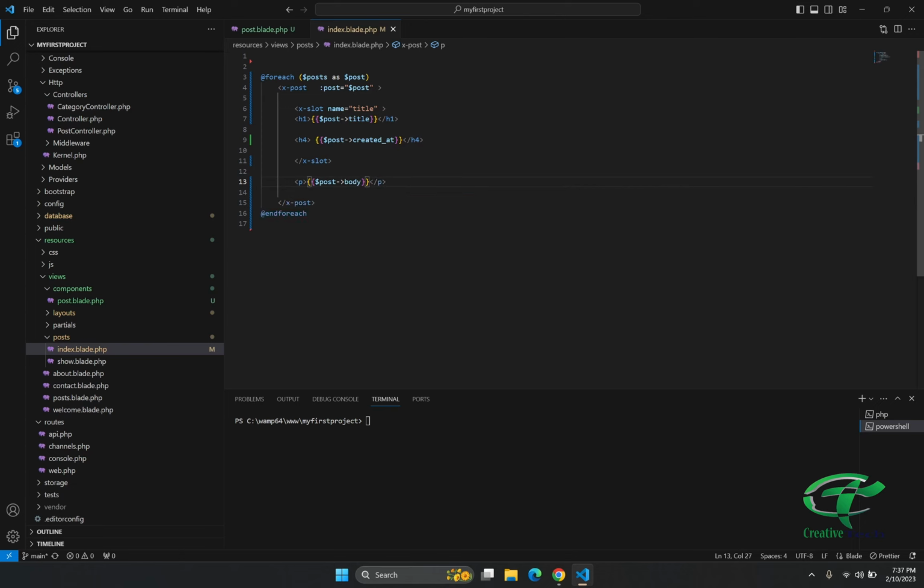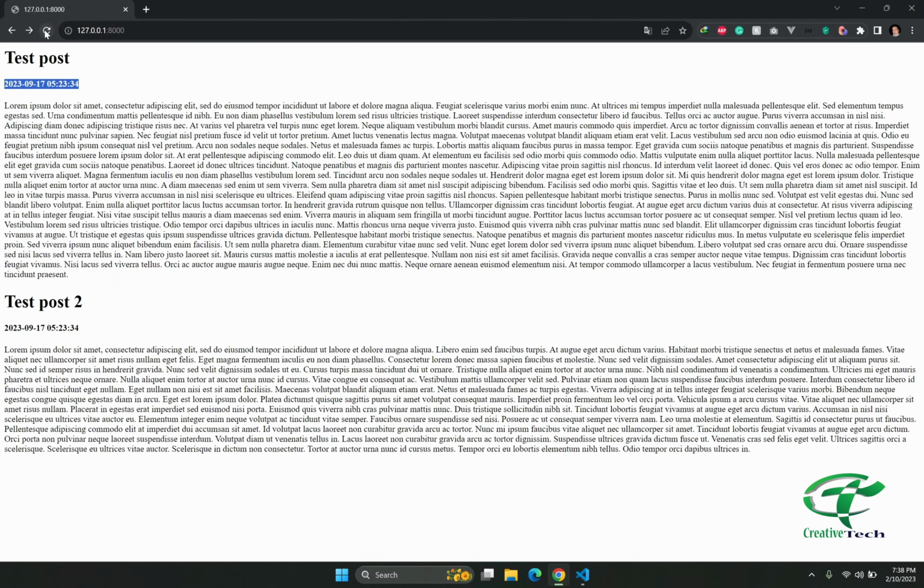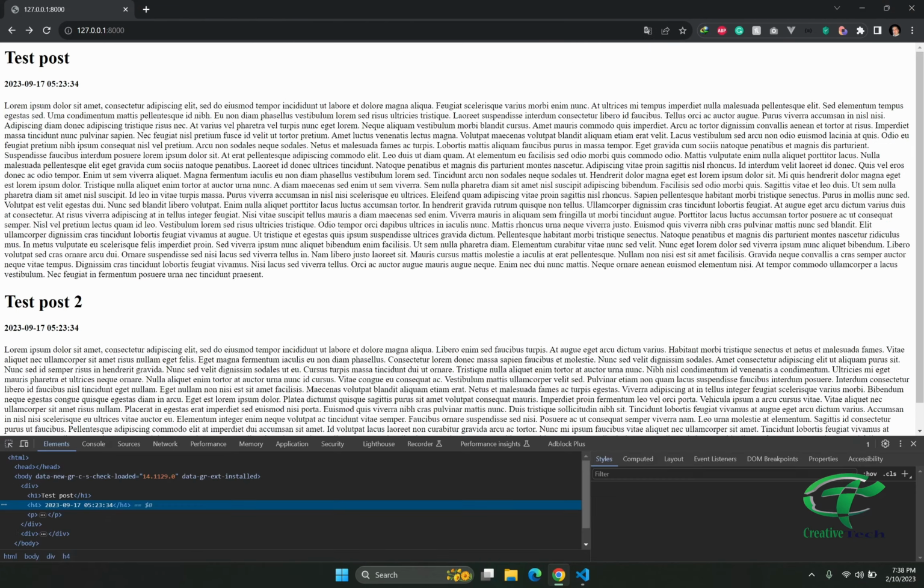So the body of the post. And now let's refresh, remove the p tag from here. And now let's refresh. Now you can see the same thing, but if I inspect it,